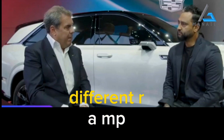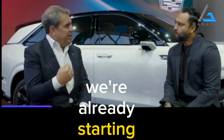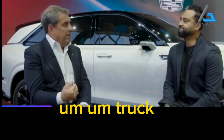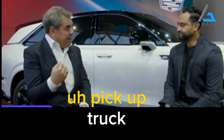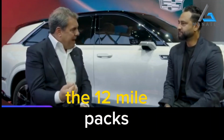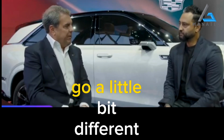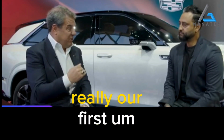This will have a different ramp than Lyriq did just because we're already starting production of the Silverado pickup truck in Factory Zero. They both carry the 12 module packs, and we've got some experience on it. So I think it's going to go a little bit different than Lyriq, which was really our first